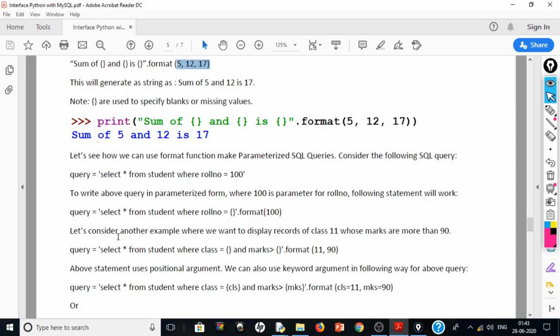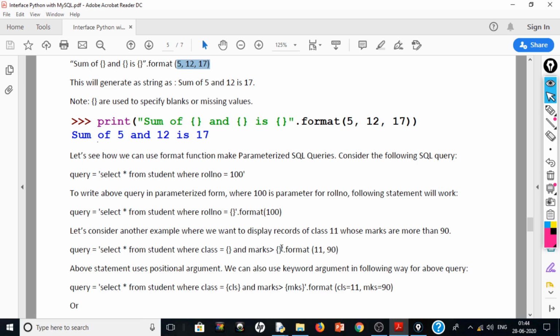Let's consider another example where we want to display records of class 11 whose marks are more than 90. So we will use query = "select * from student where class = {} and marks > {}".format(11, 90). We give those parameters inside the format function.